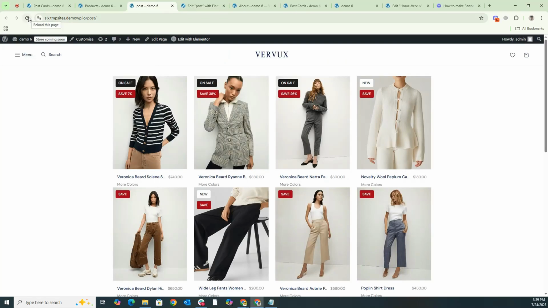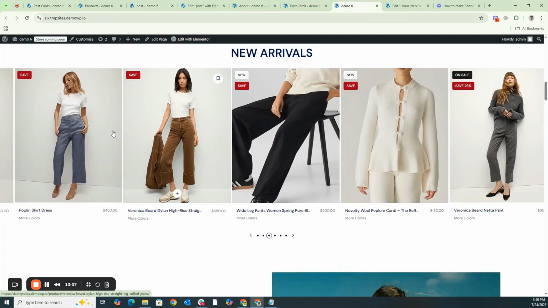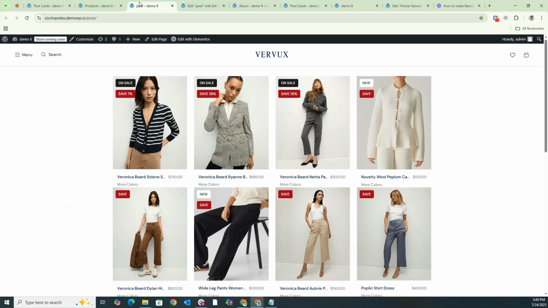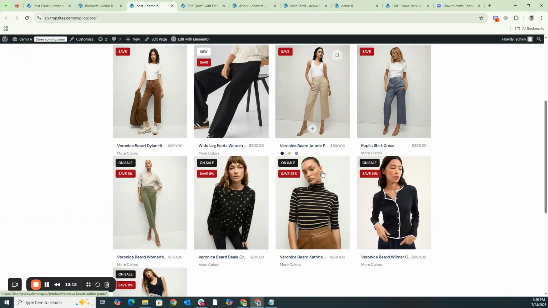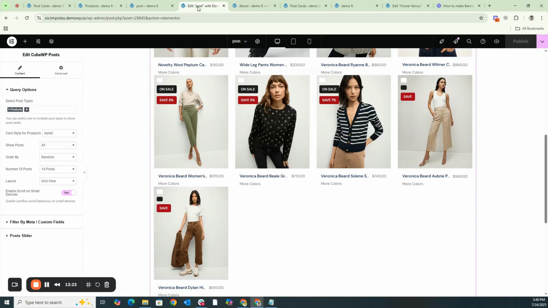We've just created a new page and added it there. You can see that all our post types are currently being displayed. If you go to the default view, you can see they're appearing in a slider. The ones we have are covering the entire page. There's no slider available here. If you want the slider to be enabled here, how do you do that? You need to go back into the element and you'll see the option there. In the sidebar, you need to enable the post slider.